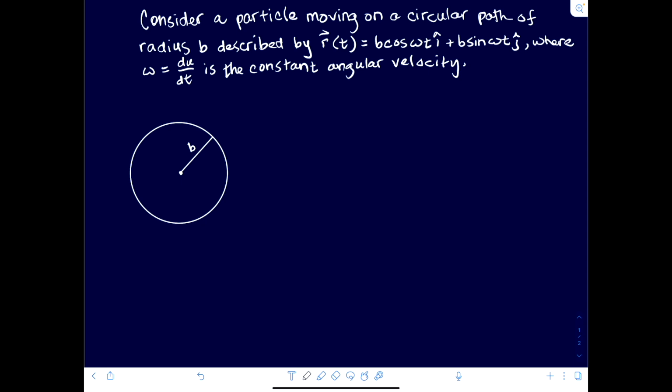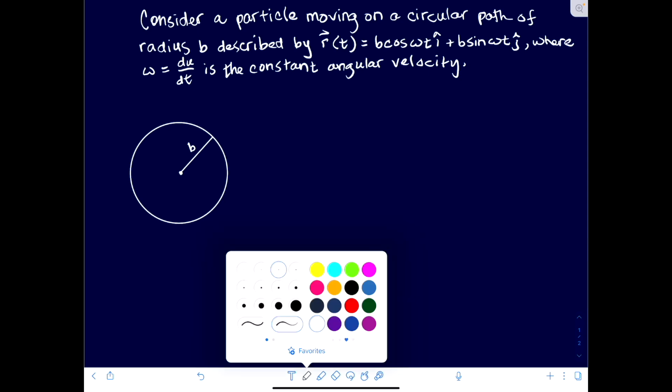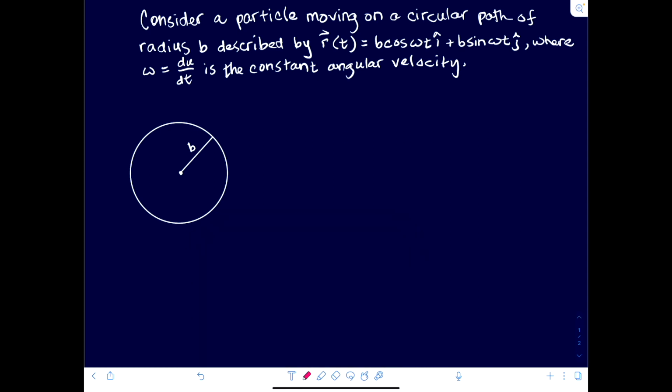So let's say you have some particle that's moving on a circular path. So this circle is the path. The particle, I don't know, could be this guy here. Let's say you've got a particle and the particle is moving on this path. Okay, and so